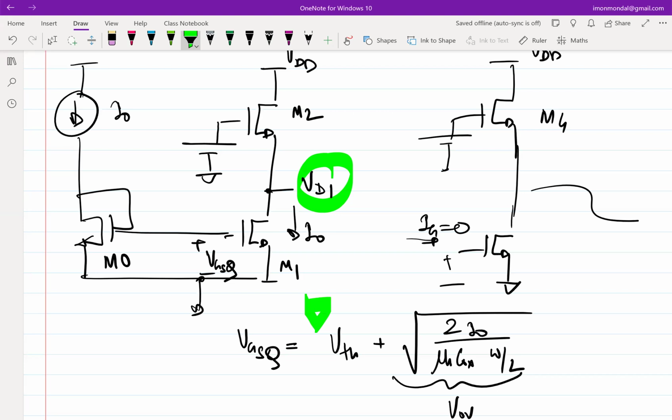Right? The gate of M2 is constant. If the VGS auto adjusts, which means the source is going to go up and down depending on the requisite current that M2 wants, right? So in essence, this current,